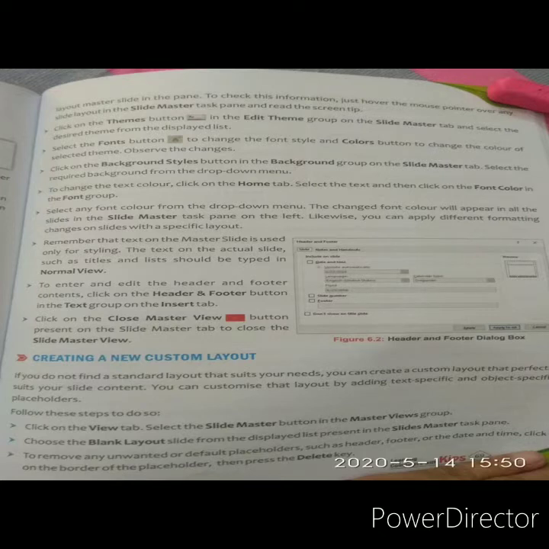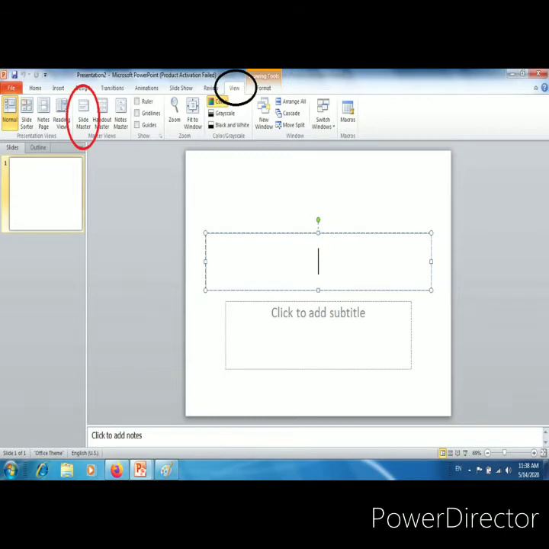I will show you how we can work with Slide Master with the help of screenshots, so that you can understand. I have made screenshots for all these steps. You can understand them, and you have to read all these steps. Okay. To open the Slide Master view, click on the Slide Master button in the Master Views group on the View tab. You can see the View tab in a black circle. Okay, you have to click on that.